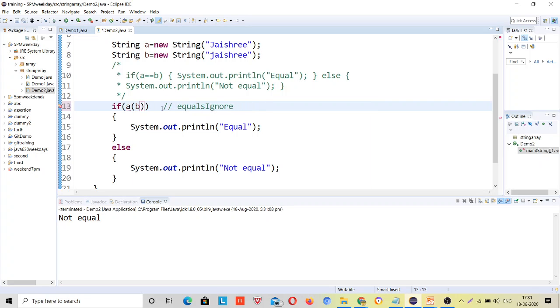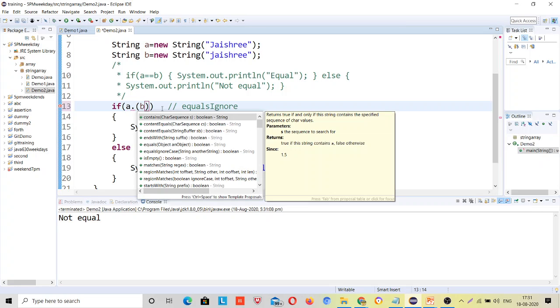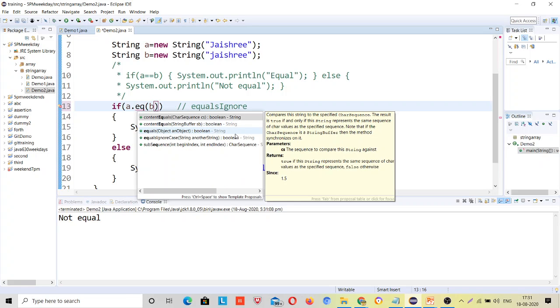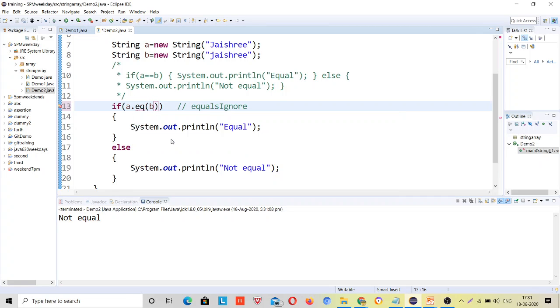When you type dot after a, many methods will be suggested to you. Just remember something like eq, right? And you can see among all the methods equalsIgnoreCase. Just click on it, the method will be there, and here you have to type the second object, the second reference variable, with which you want to compare these values, right?